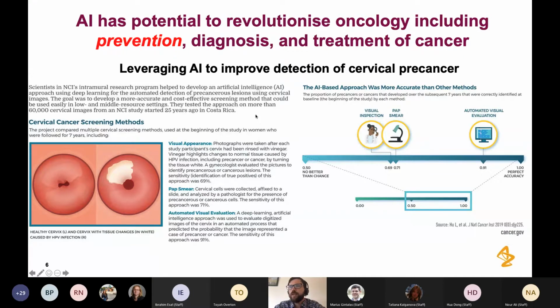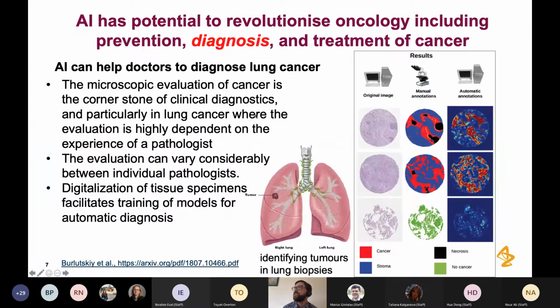In that case, multiple cervix screening methods exist, and for example, images can be taken and then AI can analyze them. These cervical cells can be collected, and then on that slide the image can be analyzed, and such methods show very high sensitivity, and it helps to prevent cancer. But in terms of diagnosis, of course, it's also important. Prevention is what everyone hopes for, but diagnosis is not always that straightforward, especially for early cancers, and several methods have been developed